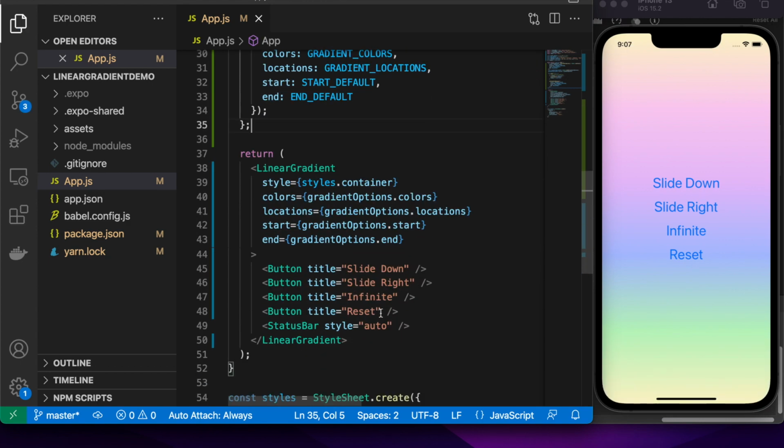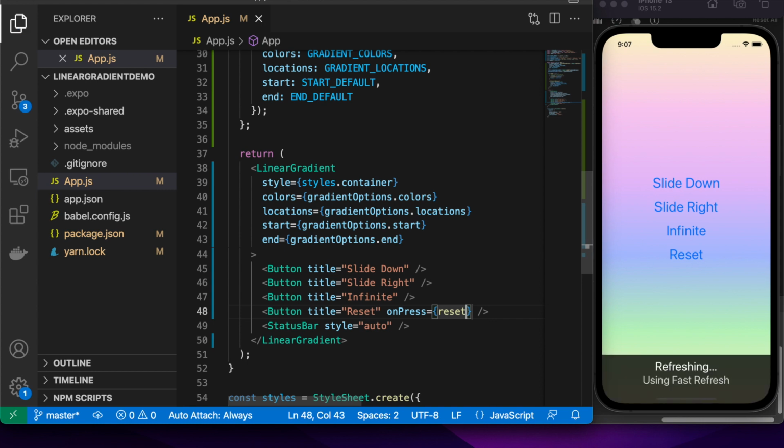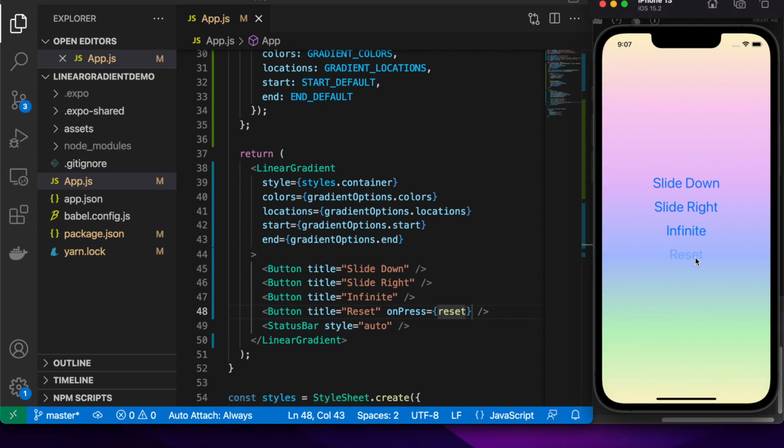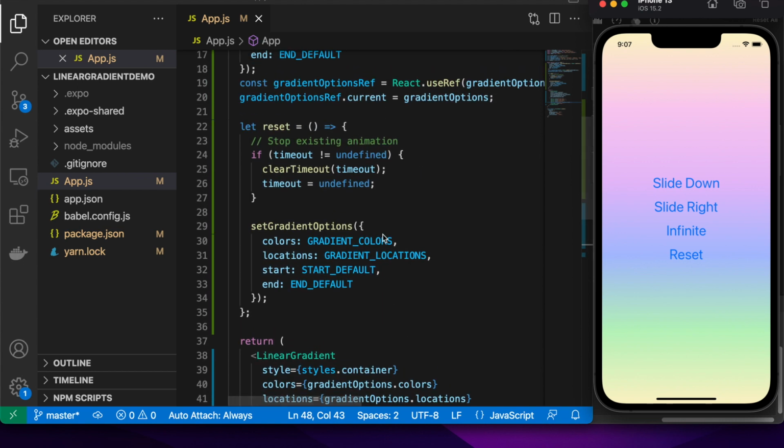And then for my button, I just need to give that an onPress function, which will reset. So that will be just that function that I've just defined. And so now when I press reset, it'll reset. It'll look like it's doing nothing right now because obviously I've got nothing going on, but it'll be useful later when I've got some animations going.